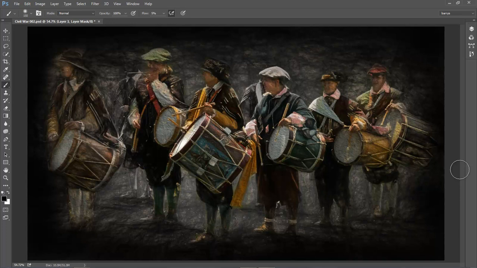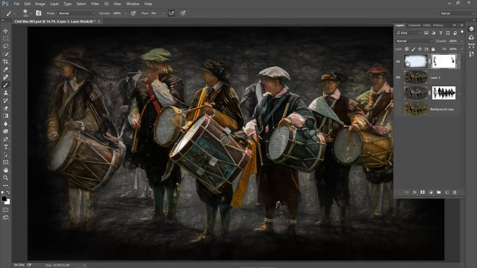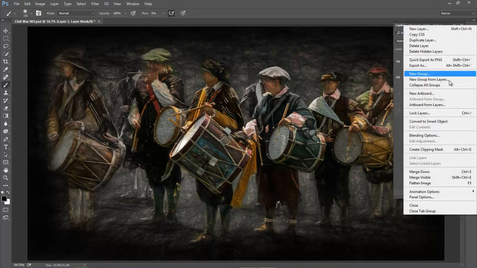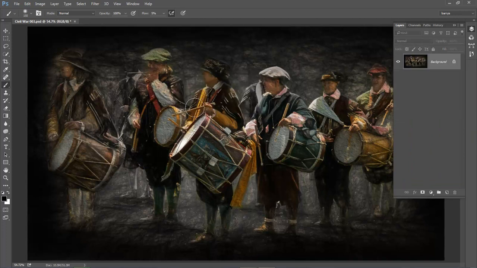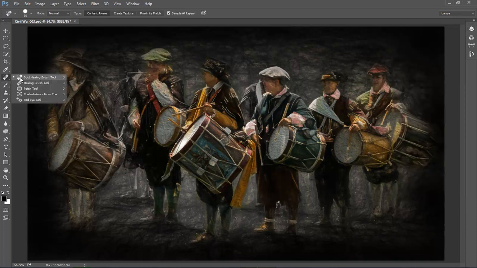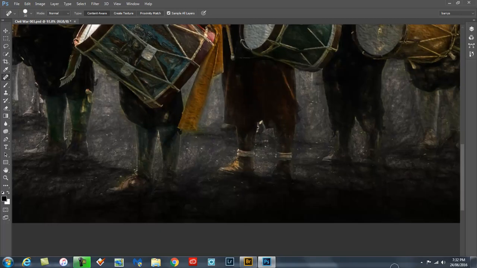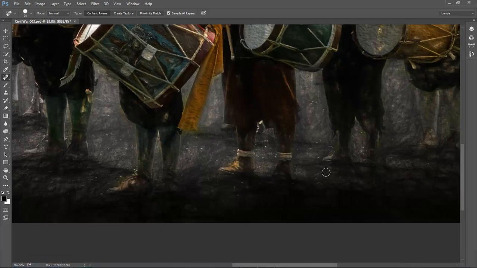Now you'll notice there are one or two little spots and blemishes around the legs of the people, and what I've just done is to save this as Civil War 3 because I'm getting to the stage where I'm quite happy to go up here and choose to flatten all of those together, and I don't need the previous ones because we've got them saved. Then I can pick up my spot healing brush. I can zoom in on any of these final areas where I think I need to do a little bit of work,